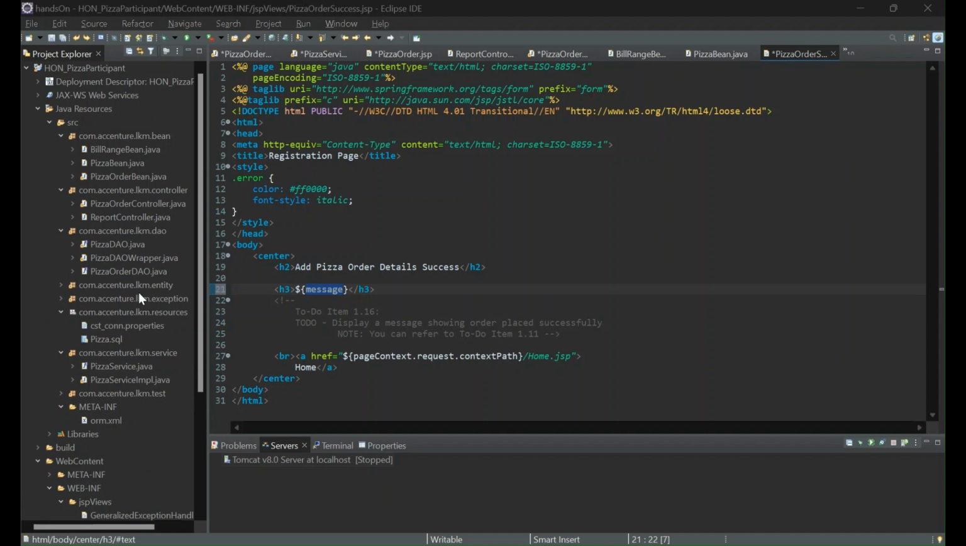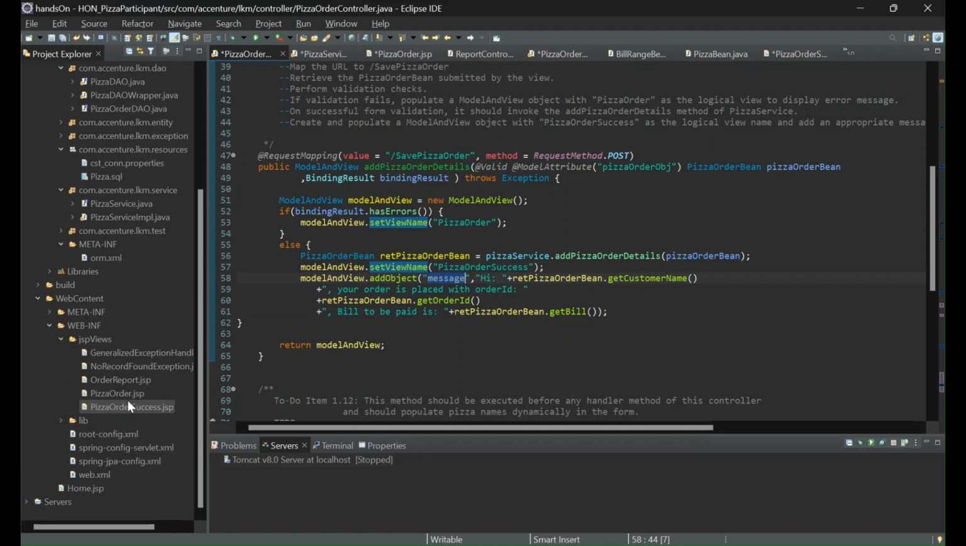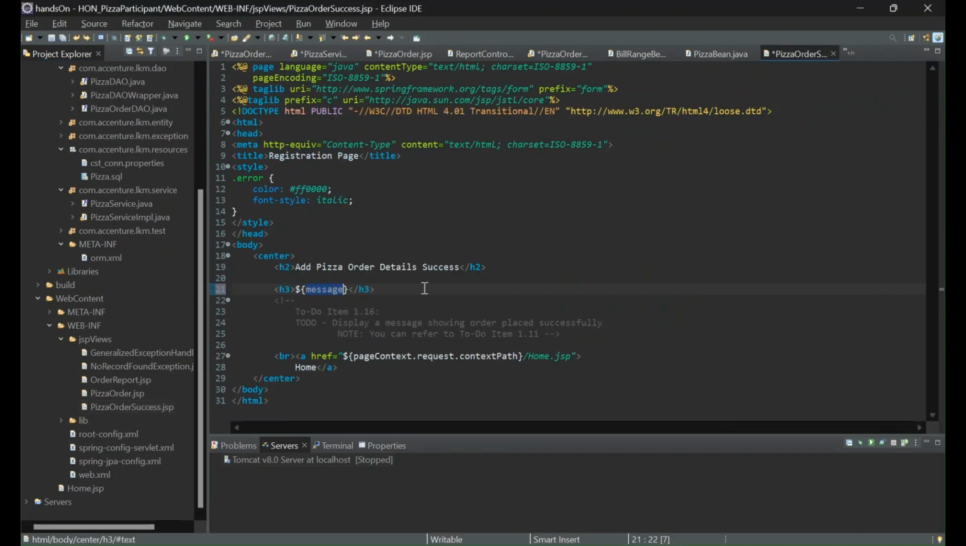What was the name? Pizza order controller. So this was the key which was holding this message. So this will print it in pizza order success.jsp when we print message by using the dollar sign. Done. This was the easiest activity, I believe. Now the next activity is in 1.20, I believe,